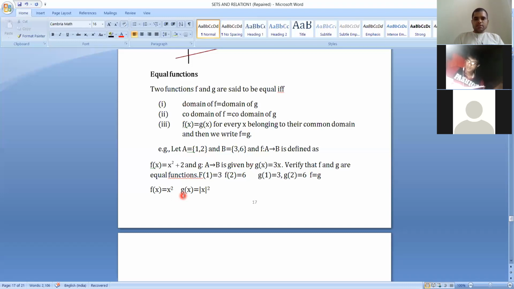Prabhuji, what is the codomain here? Codomain here is integer. It is given as Z to Z. So codomain is also integer, all the integer values, and domain is also Z. Now, if you ask about range, there is a difference between codomain and range. What is the range of this function?